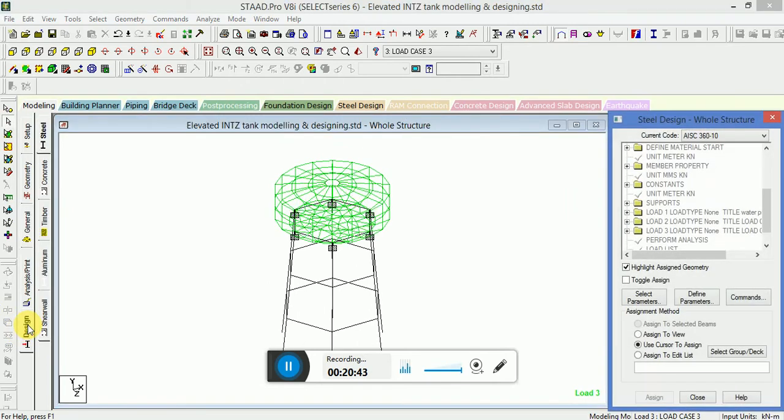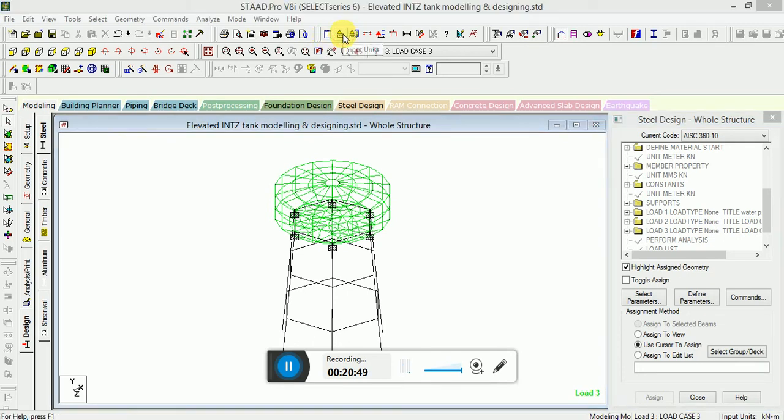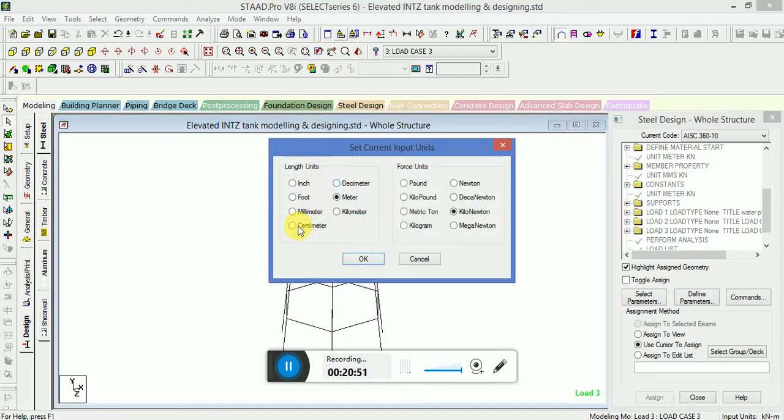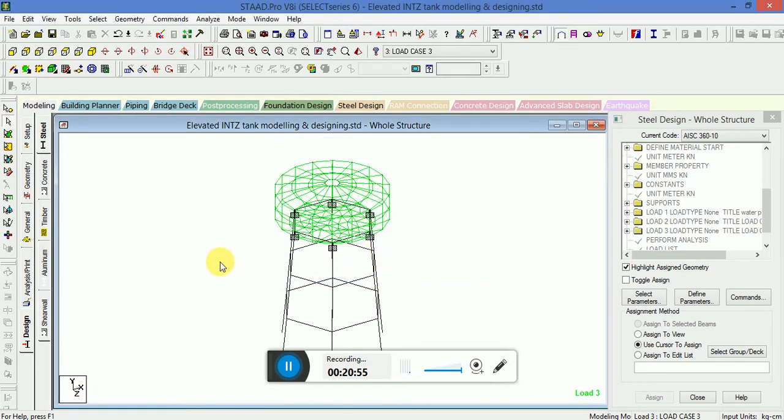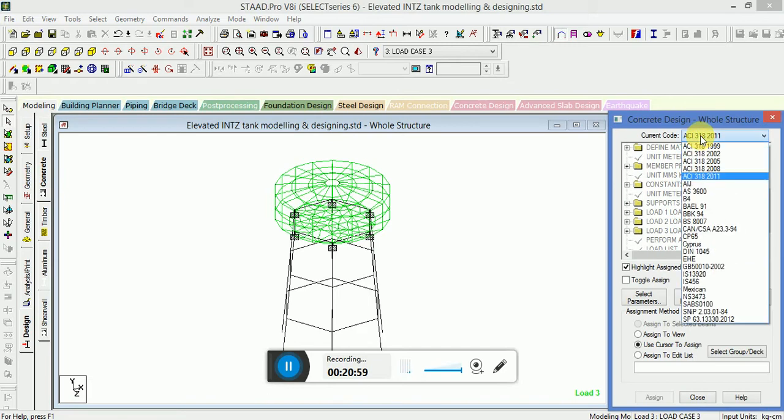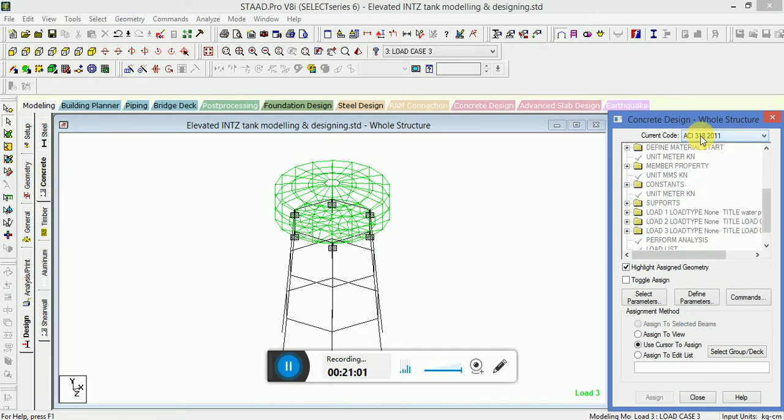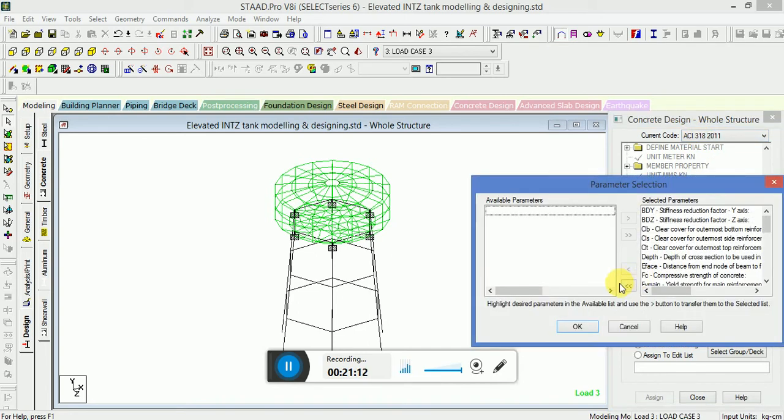Go to the design, change the input unit to centimeter and this will be kilogram. Go to the concrete. We are designing this particular tank from American code, and for concrete design American code is ACI 318-2011. So select the parameters,